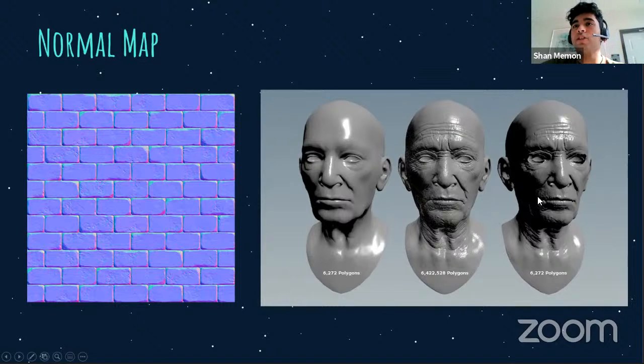This normal map basically calculates the normals of every place on the face and adds detail without actually increasing polygons. So a lot of high-end AAA games use normal maps on their characters to give high fidelity in the model without costing high polygons, because this model with 6 million polygons would not run on any computer in a game. It just wouldn't work. It'd be way too slow.